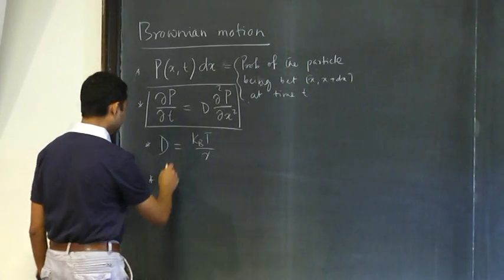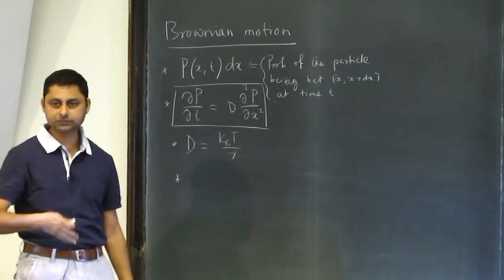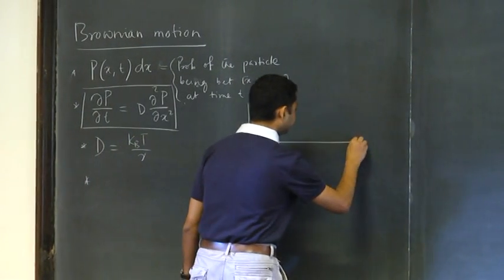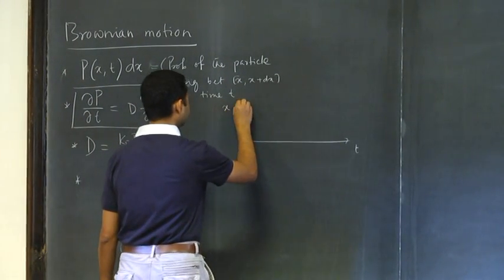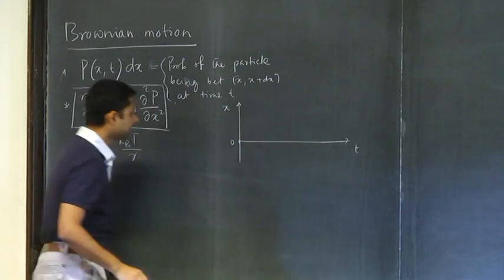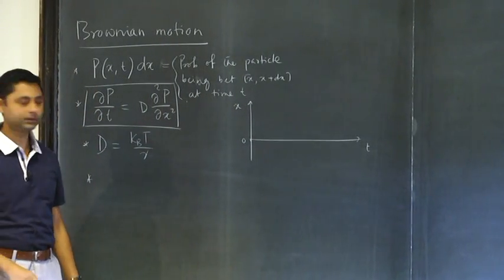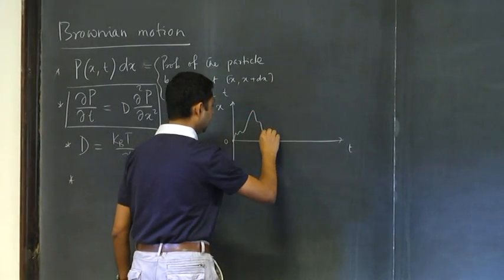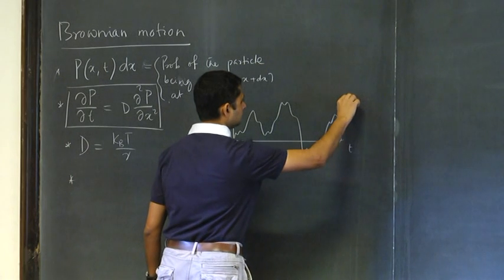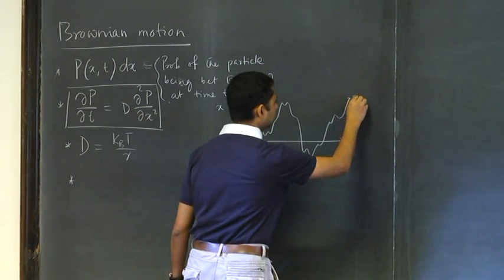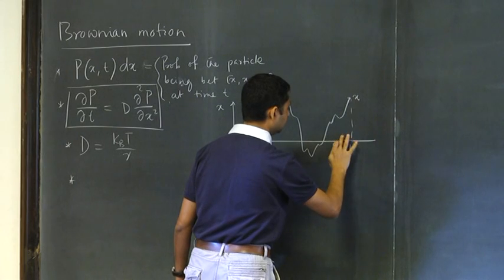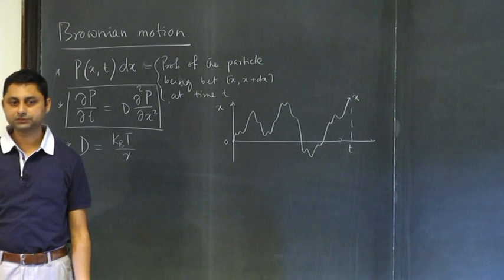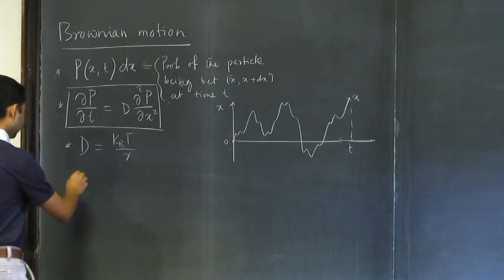Now, we also showed that you can describe this system in terms of the trajectories of the particles. So, how does it look? This is t and this is x. Let us say it starts at the origin at time t equal to 0, right. It has a random, stochastic trajectory, something like that, and this is x at time t, right. You can also describe these trajectories in terms of a differential equation,